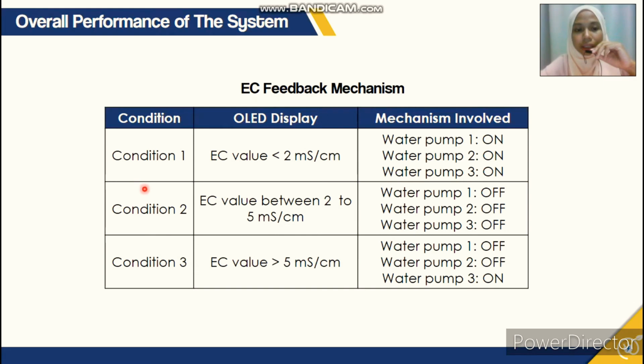So there are 3 conditions. The first condition is when the EC value is less than 2 mS per cm. And what happens to the water pumps? Water pump 1, water pump 2 and water pump 3 will be on. And next is condition 2, when the EC value is between 2 to 5 mS per cm. Water pump 1, water pump 2 and water pump 3 will be off, since it is in the standard EC